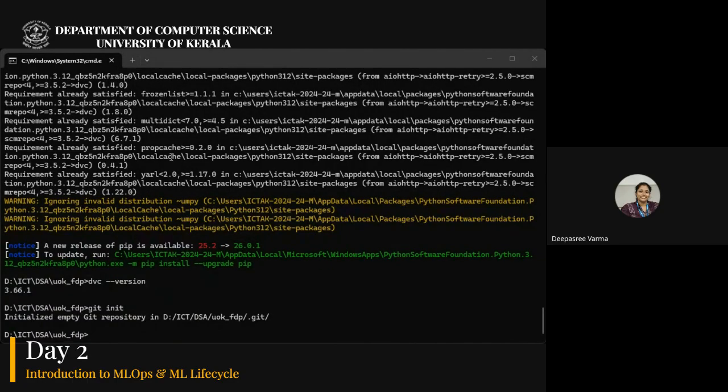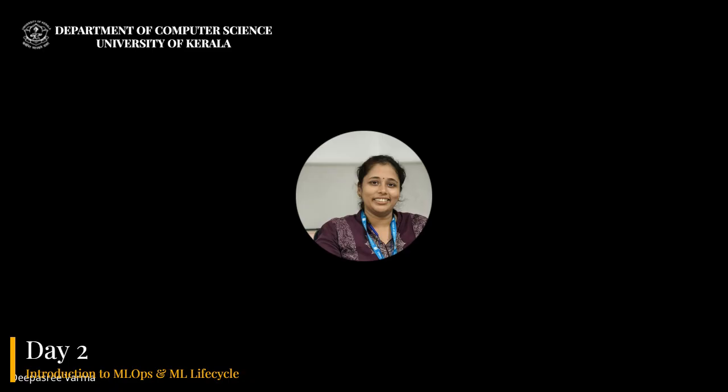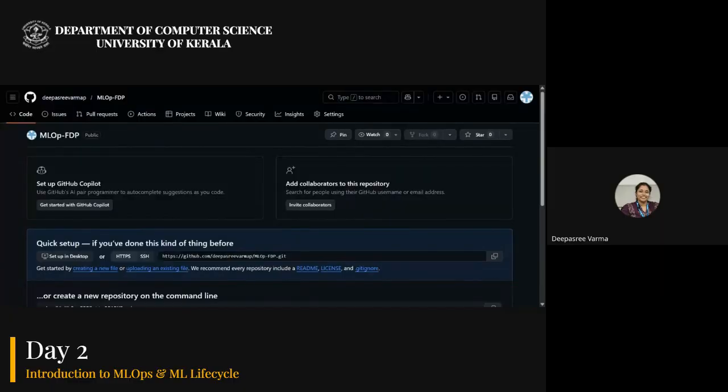We need to first create a remote address. Since we created a repository, you can click on this HTTPS and copy it. In this remote repository, I'm going to add all my code. Now the repository is empty, so we are going to add our code.